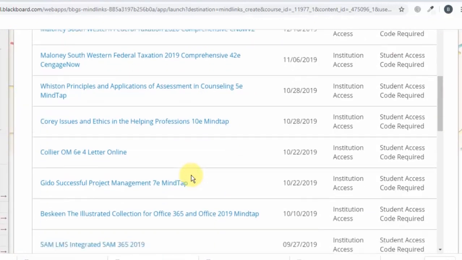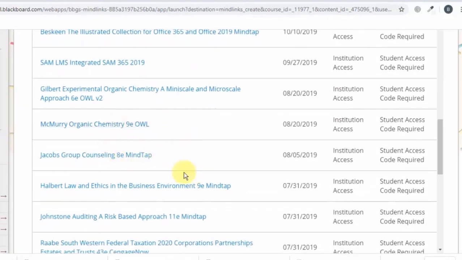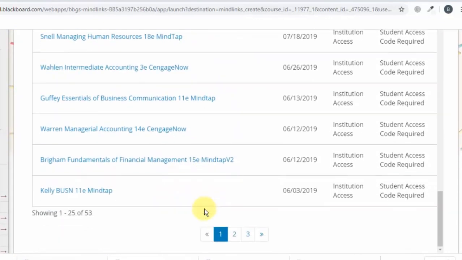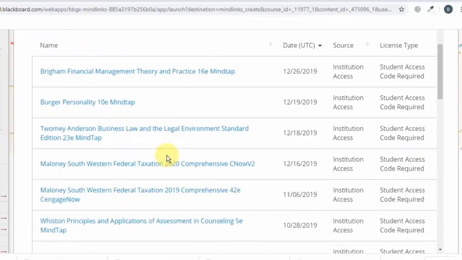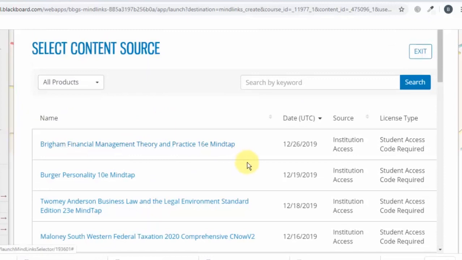These are some of the books that have been used in the university, but you would be able to find the book that you're using and click on it, and this should open a new window to the website, and it'll show you exactly how to add that